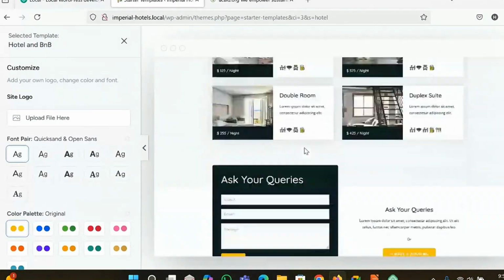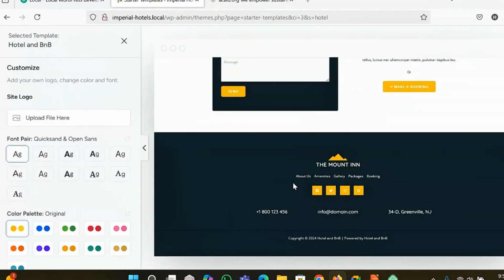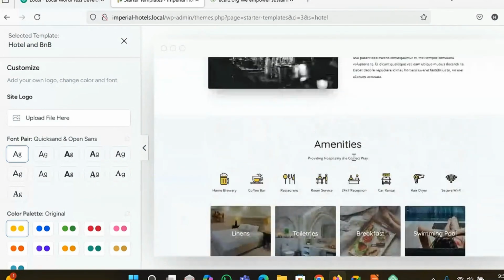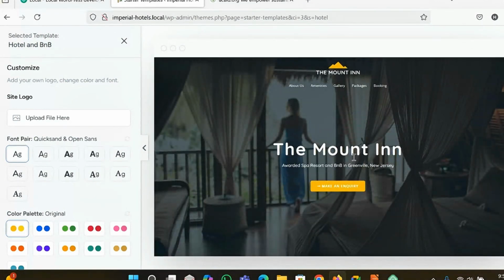You can see this is the one I have chosen. Okay, Mountain Inn. It has default images, default icons, and all that text. So I can customize this to my liking. Okay. So it says the site logo. For example, right now by default, the site logo is here, Mountain Inn. In case I have my site logo, I will update. I will upload it here. Then